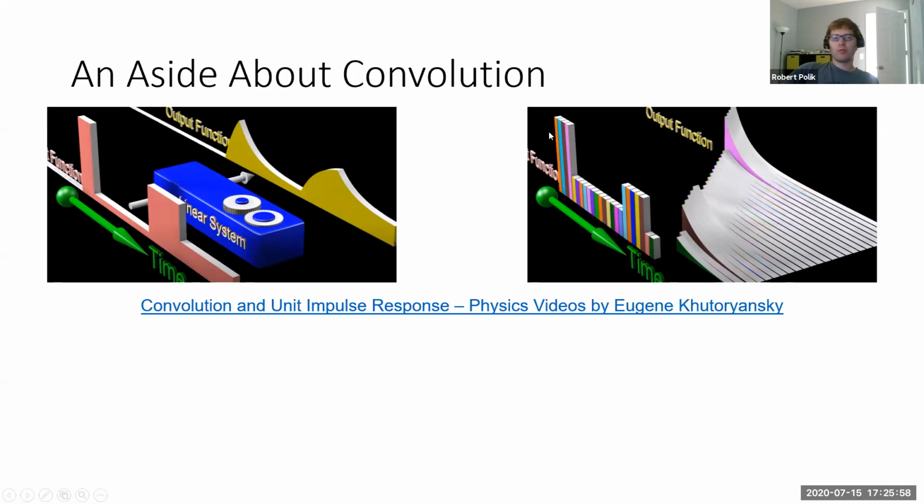your linear system doesn't remember what its state was a second ago, and it doesn't have foreknowledge of what its state is going to be a second in the future. So you can just look at this little impulse, we could call it right here, and you know that when you submit this impulse, you'll get the impulse response. Then you jump forward, and maybe it doesn't have to be an impulse. Here, it's a little rectangle. So you know that when you apply a rectangle to your system here, it's just going to go down like that, because we can assume this system from the YouTube video is more or less the same as our system. So when you apply this little impulse here, it just goes down.